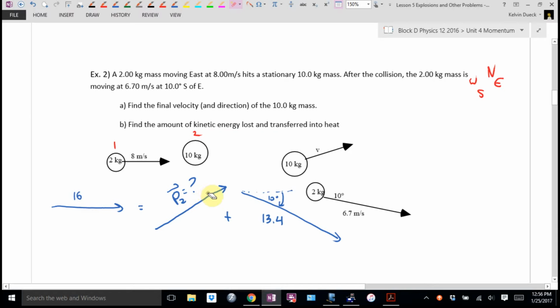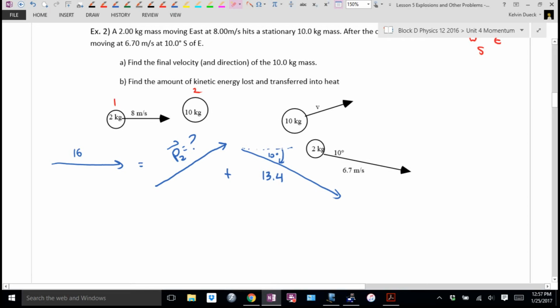Even though the difference between, Luke, your question that we did and the one Hannah and I are doing is we didn't know any of these. The fact that I know roughly what this looks like lets me draw the triangle. How do I want to add these together? And here's what's important. I know that when I add them tip to tail, I'm going to get a nice horizontal line of 16. So it's going to look something like this. Mystery momentum, 13.4,